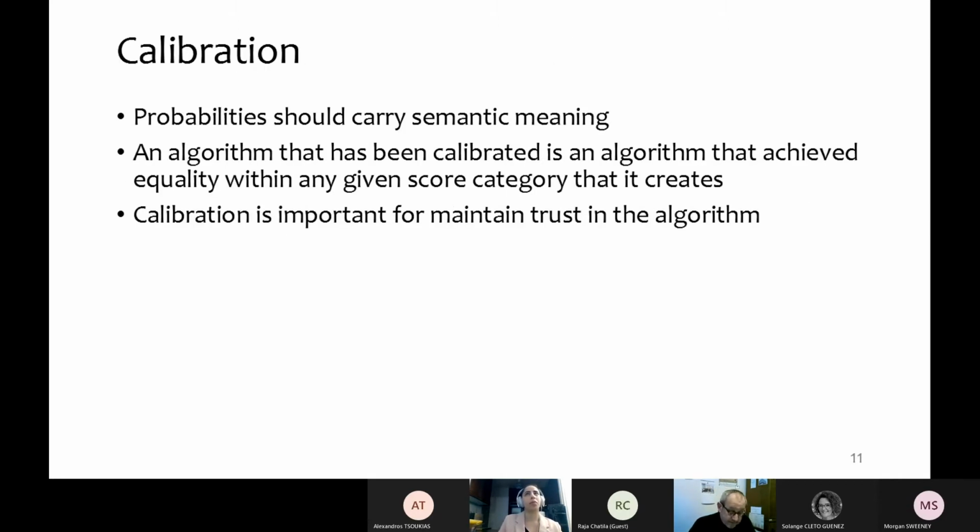The last subgroup notion that I want to address is calibration. It means that probabilities should carry semantic meaning. So it calls for equality in any given score. So if, again, a criminal justice algorithm ranks people on 5 scales, and people at the highest, riskiest scale have a 0.9 probability to recidivate, and when we dig deeper into the data, we see that 95% of those classified in this category are Black and 5% are white, only 5%, the judge might think